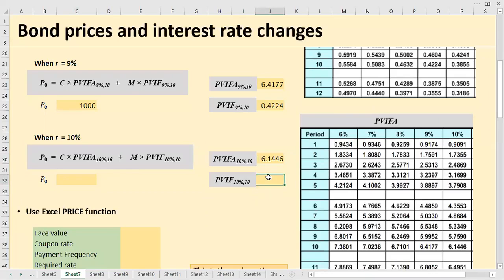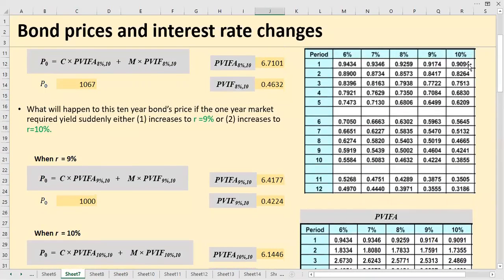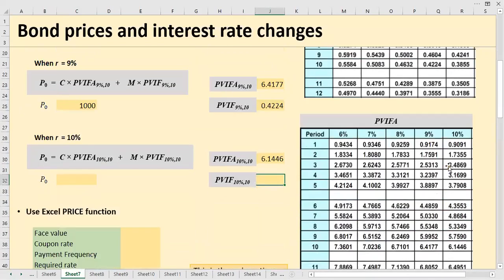6.1446, and the present value interest factor, 10%, 10 years, 0.3855. Right, now I have extracted the values from the tables. Now again I am going to apply that into the formula. 90 multiplied by 6.1446 plus 1000 multiplied by 0.3855. Right, so you get this answer,